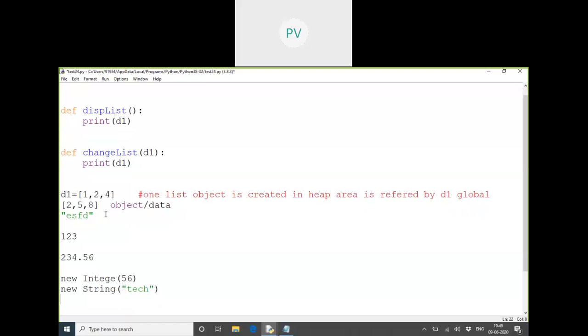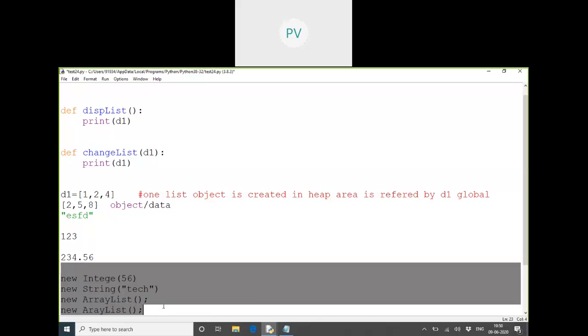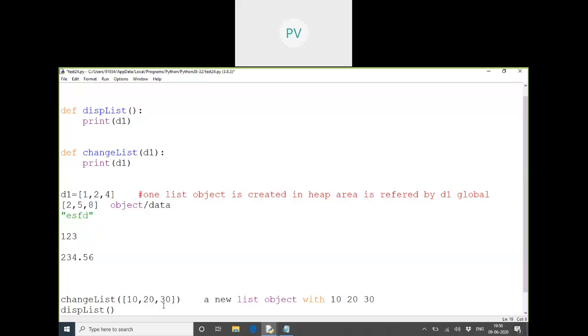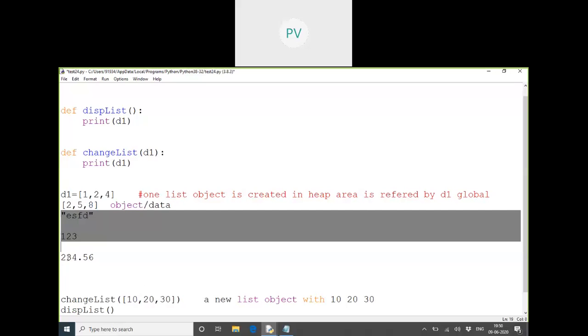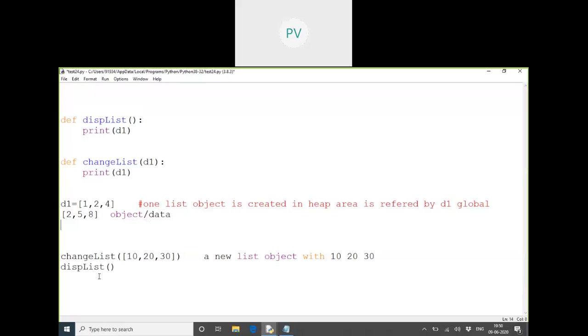Lists and all, collection objects, how did we create them? In this manner. Whenever you wanted to create a new list, we used to do it like this. Again, if I want a new list, I had to type like this every time. In Java, a new array list was created only with the new keyword. But here we are not using such things. We do not use the new keyword in Python. So how are objects created in Python? You just give data, and it will automatically convert into an object.